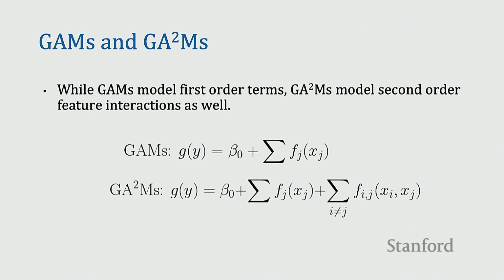Okay. So GAMs and GA2Ms, I guess that's how they're called. These have again become popular starting 2015, 2016. GAMs are essentially what we just saw. They model these first order terms, and they're additive combinations of the functions of the different input variables. GA2M is basically going one step further, and it is also considering pairwise interactions between features. Right? So the claim is that these kinds of shape functions that you saw earlier, that are produced by these approaches, are interpretable, and we'll talk about that as well in just a bit.